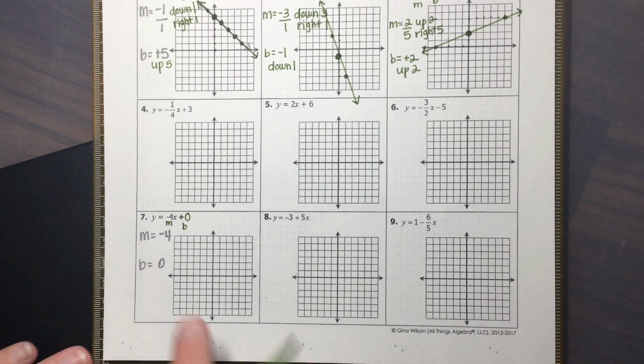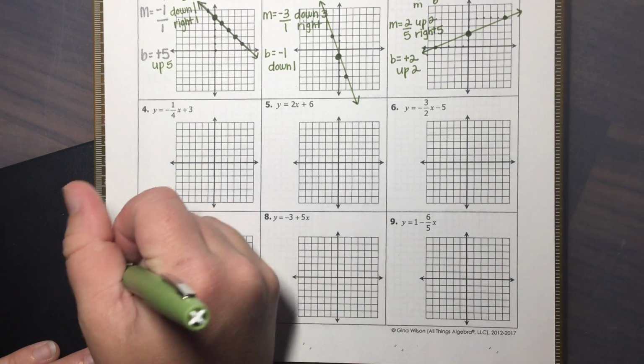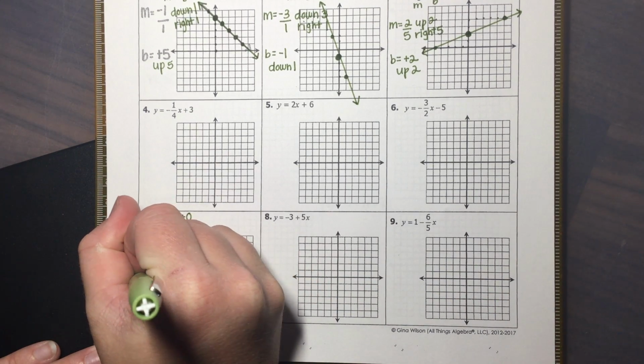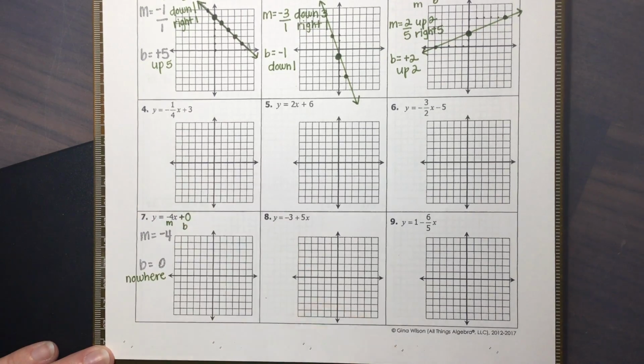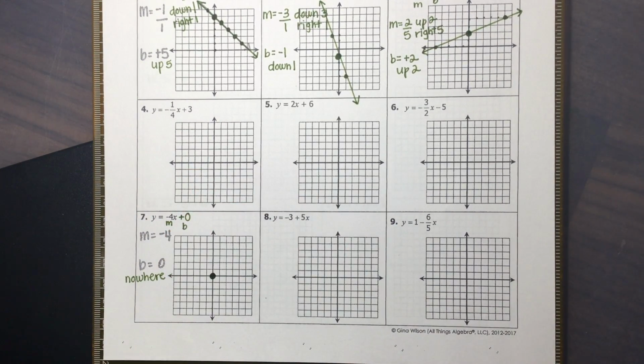All right? So you can see in this it was already given to you. So b equals 0. So what I like to tell my kids is I'm not going anywhere. I'm going nowhere. Okay, so my y-intercept is at 0, 0. I didn't have to go up. I didn't have to go down for my y-intercept. All right, which also, if we're going back a little bit, means that this is a direct variation. Okay, remember, anytime it goes through the origin, which is 0, 0, it's direct variation, all right, for that linear